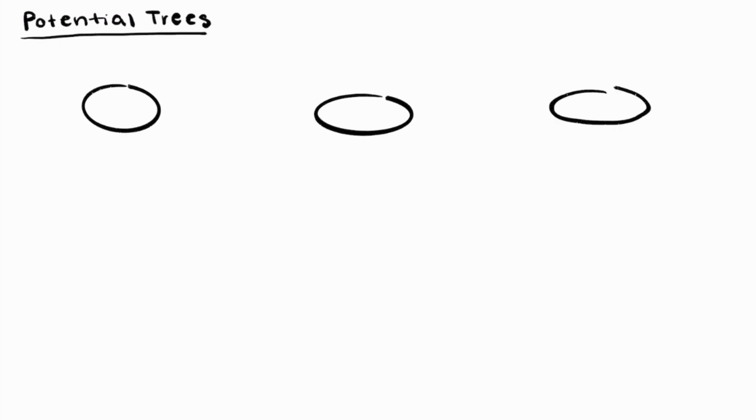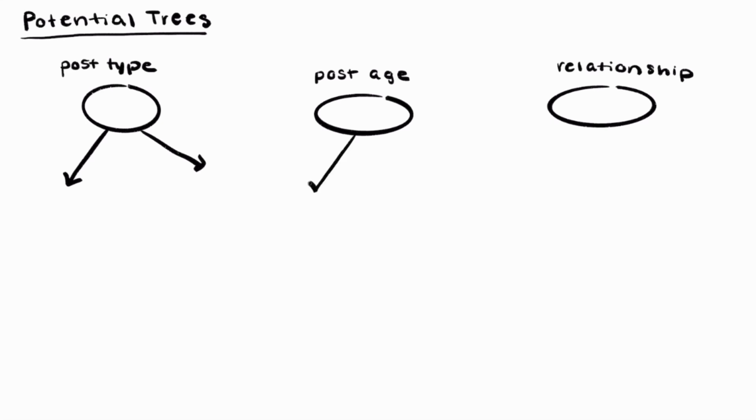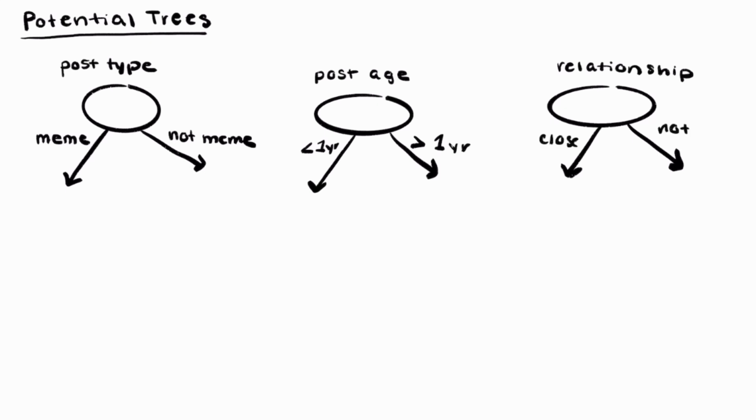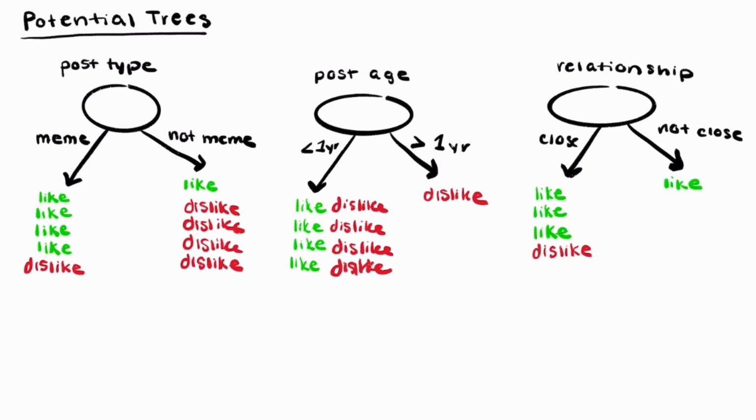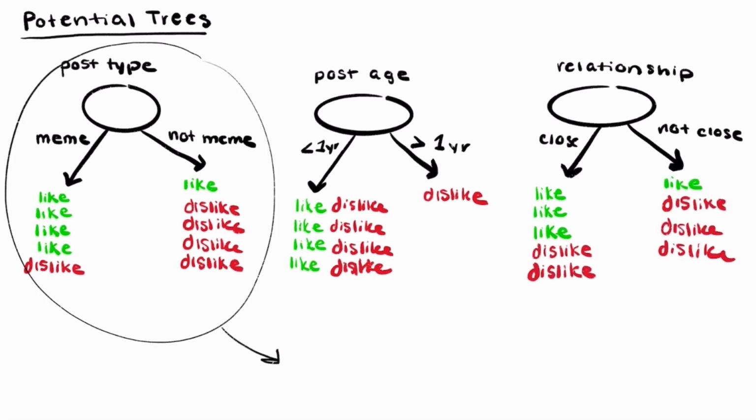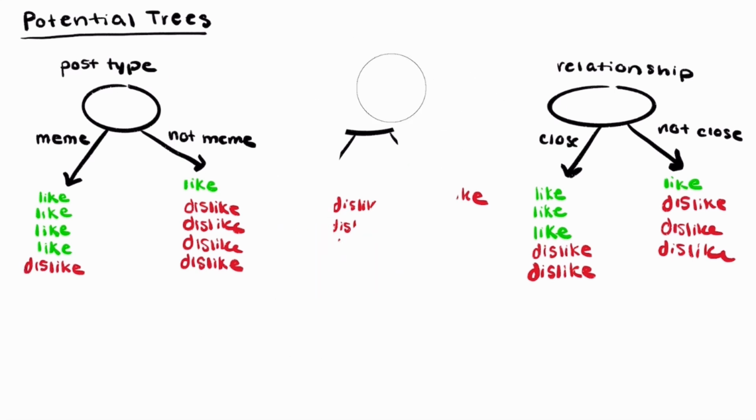So okay, this is how a program might make a decision about what you do or don't like, but how does it come up with this flowchart in the first place? This is where the learning part happens. It starts with all your data and looks at all the possible different starts to the flowchart. Should it begin with post type or how close I am to the poster? Once it's investigated all of the different possible starts, it picks the one that most cleanly divides the negative from the positive examples.